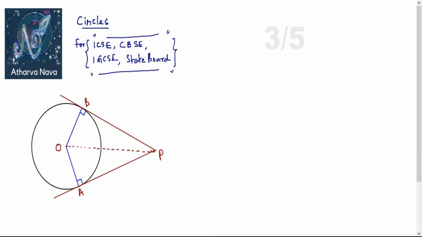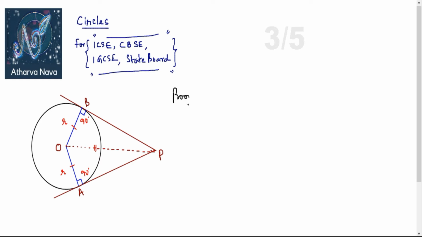Because if you observe carefully, see these things. Okay, I'll use some other color. OA is equal to OB, isn't it? Because radius. Both are radius. And isn't it that OP is equal to OP, common? And the angle here is 90 degrees. We already know this. We have just proved in the previous class that the tangent forms 90 degrees with the radius. So now let us move on with the proof.